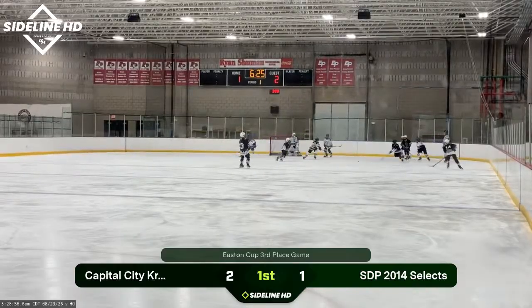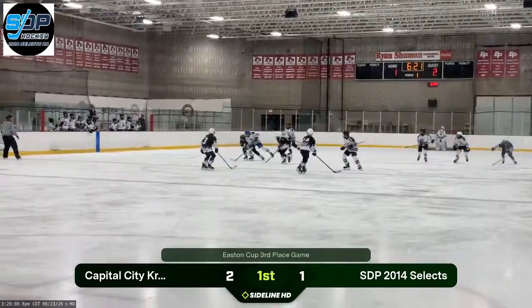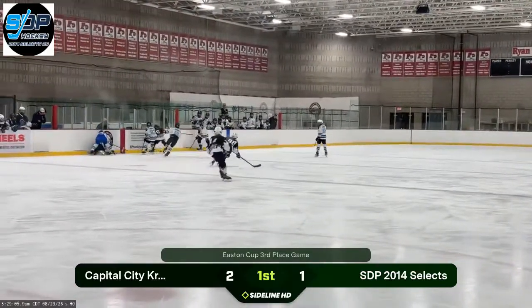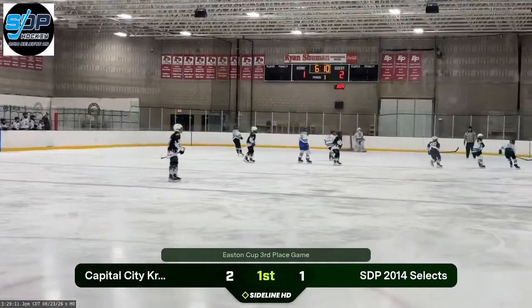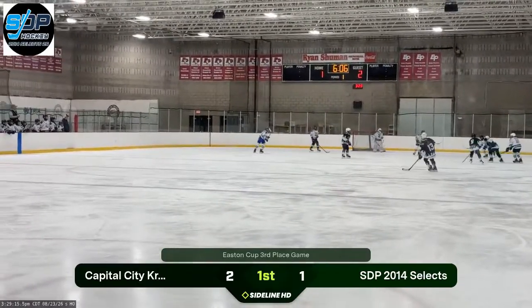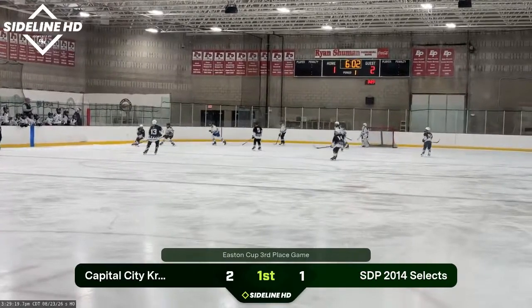SDP has changed, bringing out Jackal, Hiscari in green. Hiscari skates it up ahead, loses his footing. Now Jackal competing for the puck. It's loose and he turns, controls, sends it back up to the defenseman of the Kraken who shoots, and Severson